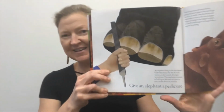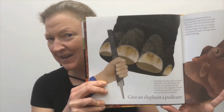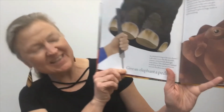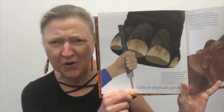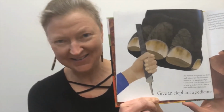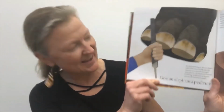Oh my goodness, whose toenails do you think those are? That looks like a mighty big foot. It's an elephant's foot. You might have to give an elephant a pedicure. What's a pedicure? Well, that's when you cut your toenails and maybe you file them, and sometimes even maybe you paint them with some